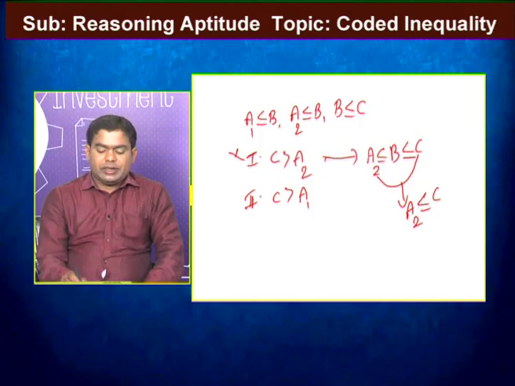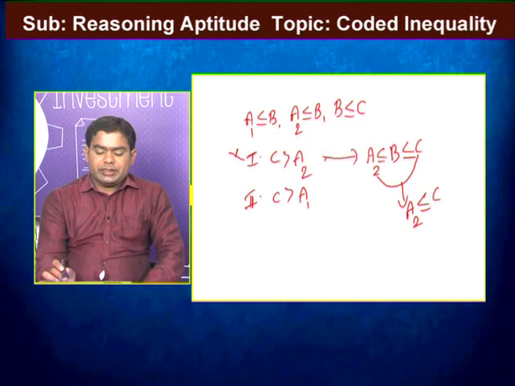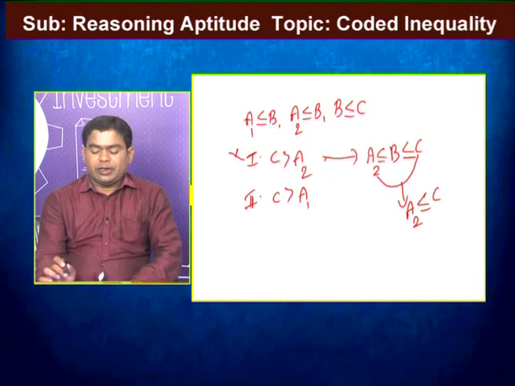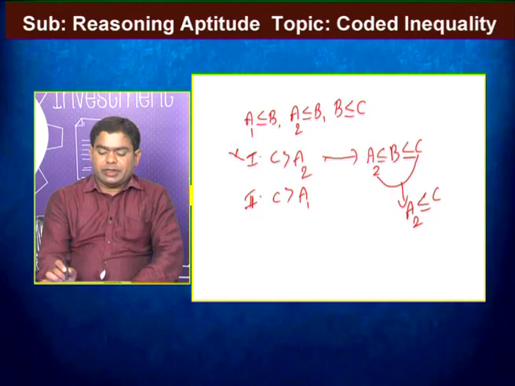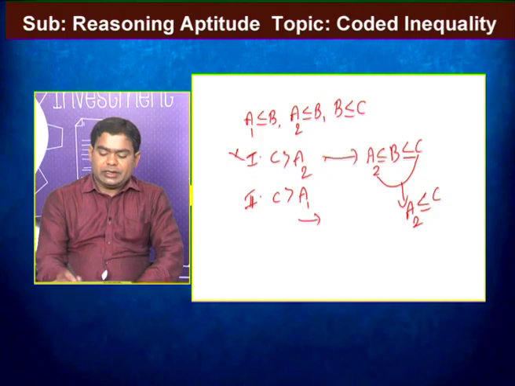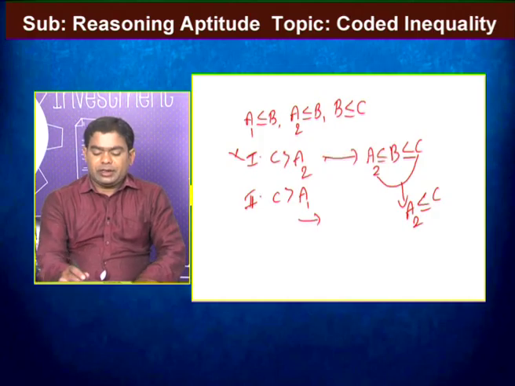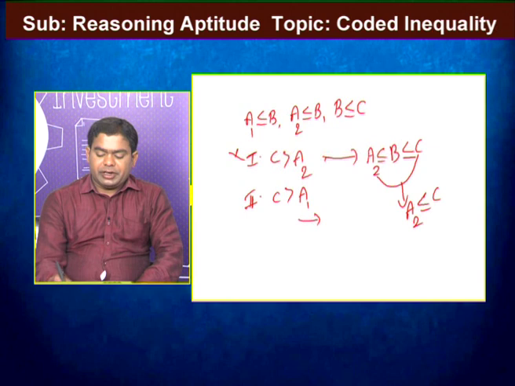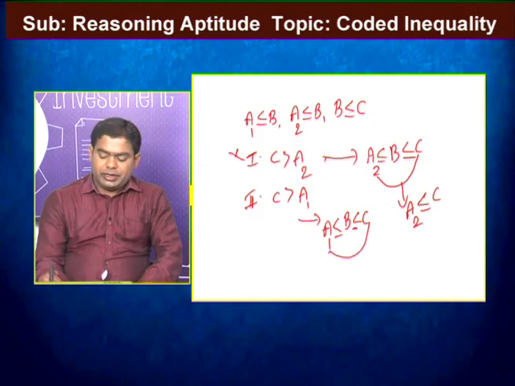Conclusion 2 contains c and a1. Here b has more than one relation with two elements, so we go according to the parts. Here c is related with the third part, a1 is related with the first part, that means we indirectly take the first part and third part: a1 less than or equal to b, b less than or equal to c. By observation, from a1 to c we get a1 less than or equal to c.